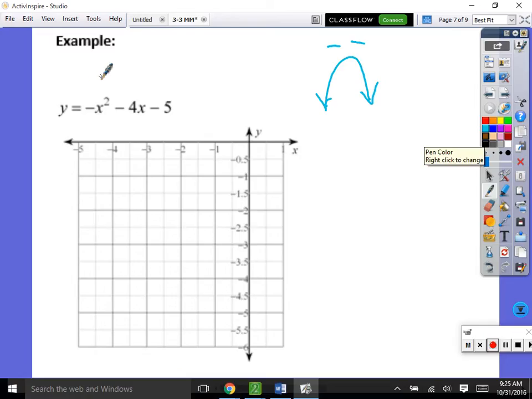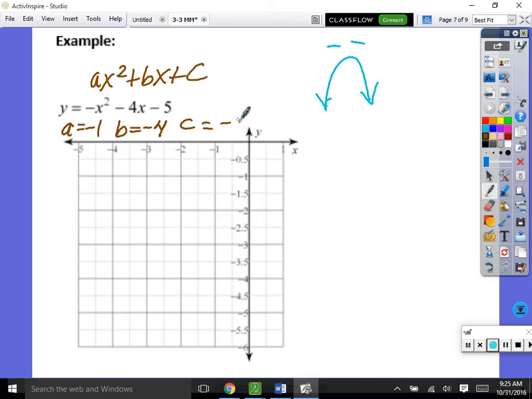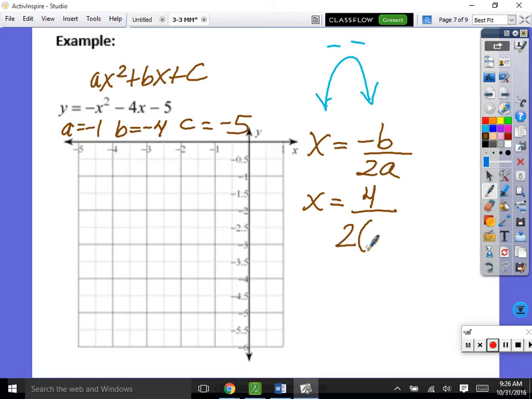Once again, it's in standard form, ax squared plus bx plus c. So a is -1 in this one, b is -4, and c is -5. So in vertex form, the way to graph it is to figure out the vertex using the formula -b over 2 times a. So -b means opposite of b. So negative +4, right, opposite of b, over 2 times a, which is -1. So we have 4 over, you've got to multiply that out. Down here, that's -2. So don't we get -2 in this one? So our vertex is at